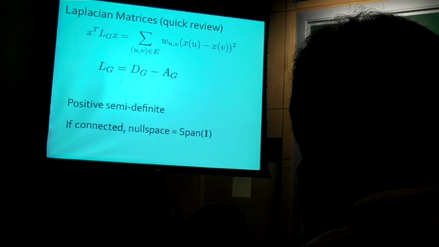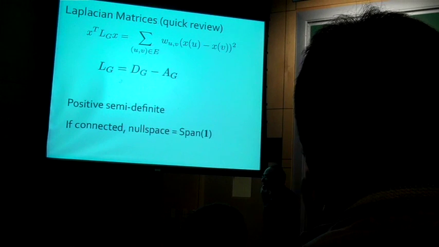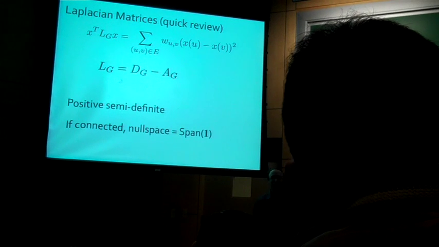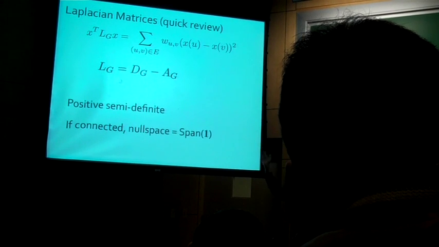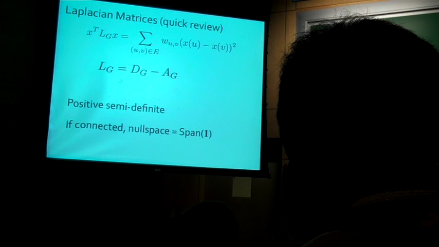Let me do a quick review of a few facts about Laplacian matrices of graphs. So first, I defined them just by telling you what the quadratic form was. Most people like to define them by telling you what the matrix elements are, and I will give you that definition. I don't personally like it, because almost everything you want to prove about it, you will prove by thinking about the quadratic form, and it's more obvious there.